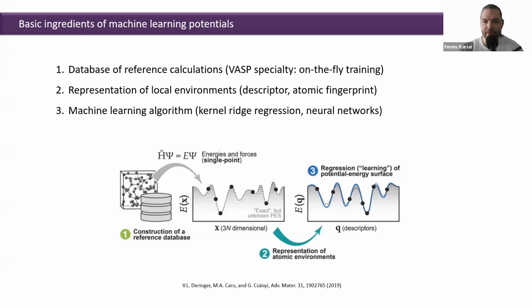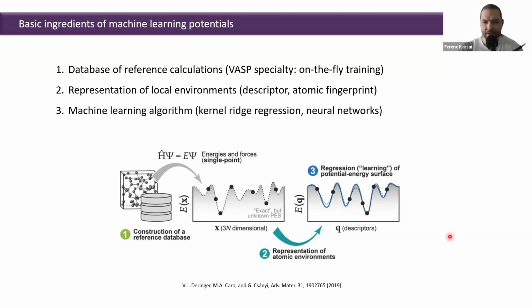The other two ingredients concern the inner workings of the machine learning force field itself. One is that a machine learning force field needs a good representation of local environments, but we will discuss this in more detail. For now, let me just note that we cannot use the Cartesian coordinates. They do not incorporate the symmetries like rotational invariance.